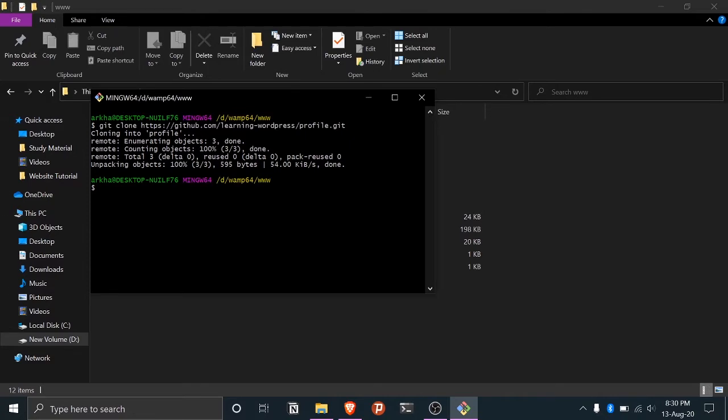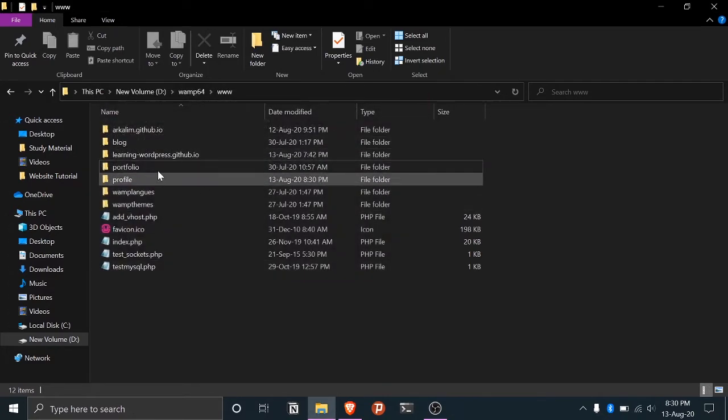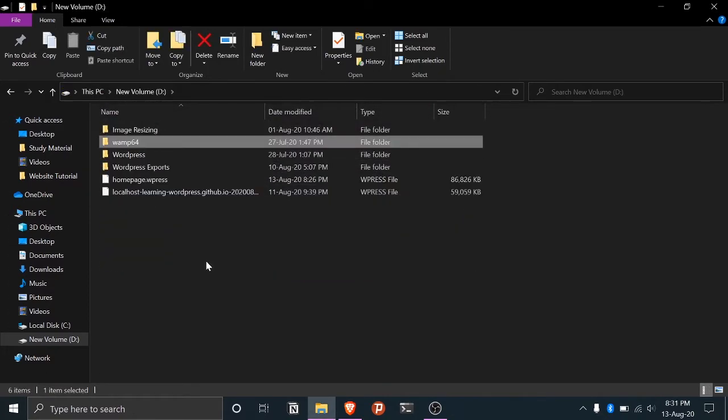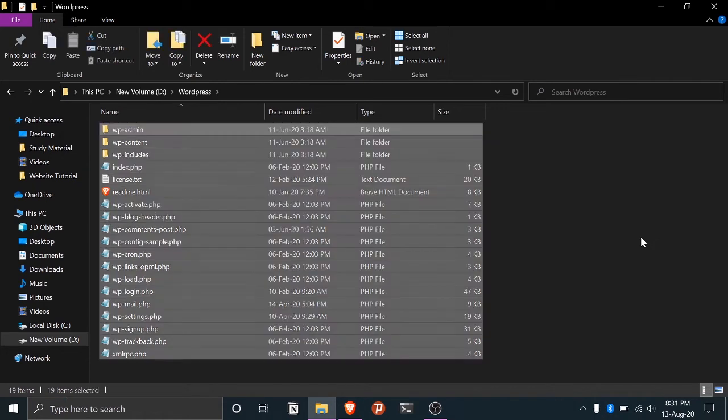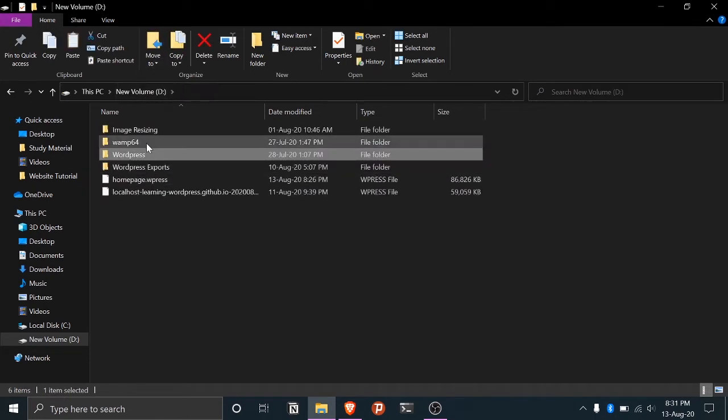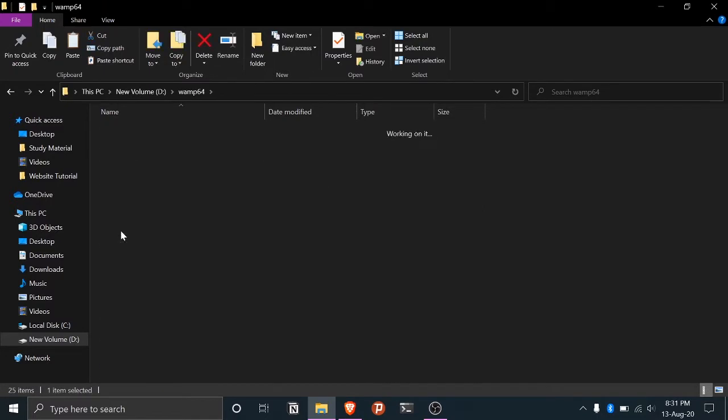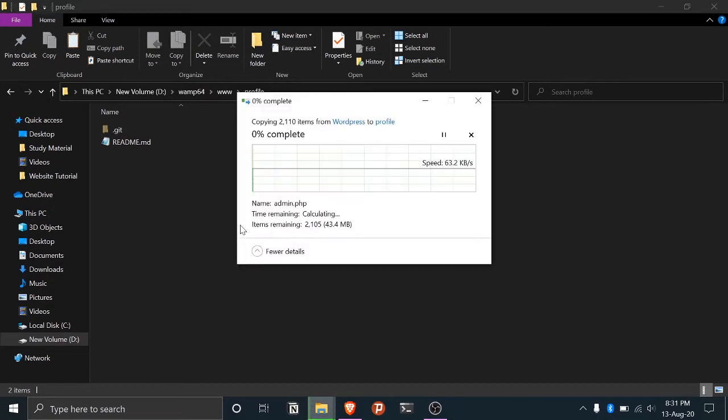Once this is done, it has been cloned. Now remember that we had unzipped the WordPress zip, and these are the contents of that zip. We'll copy this, then go to our www, then to profile, and paste all this here.